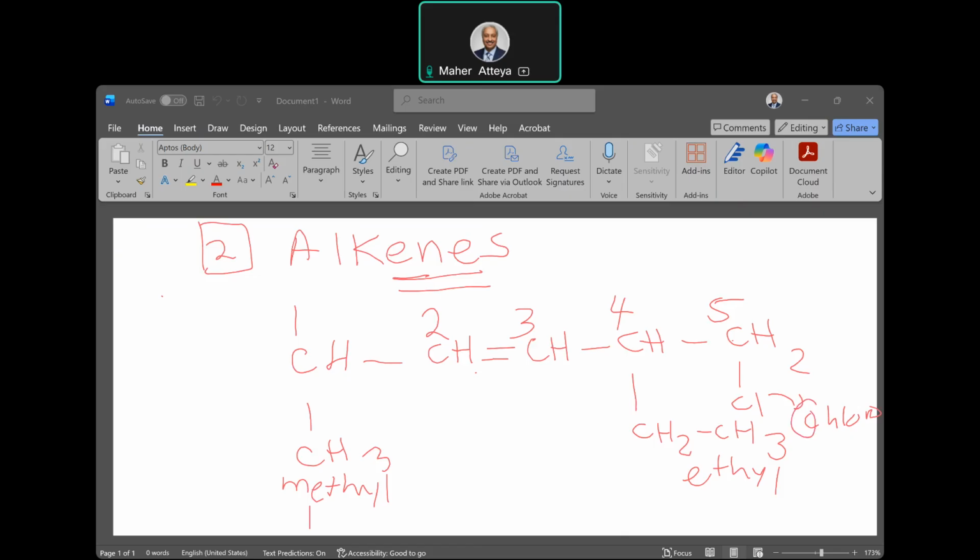This is 5, sorry, 5. Let's write the name here, maybe in another color so you can follow. The C will come first, so that's 5-chloro,